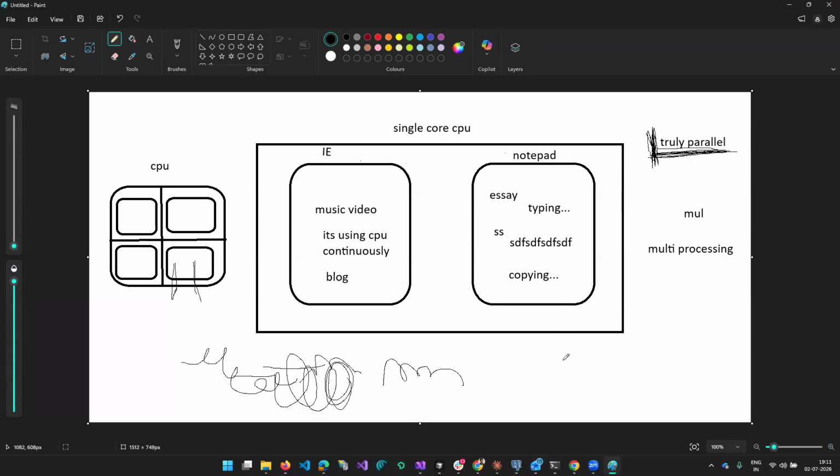So will a single core processor be able to do that, like play the video and at the same time write the essay, or painting something? Yeah, really good question. Actually, the CPU is so fast that it will be able to do it. But the moment I open another program,